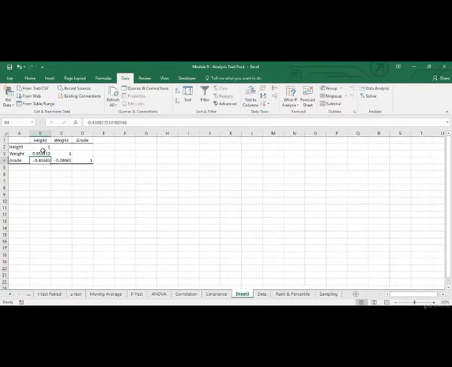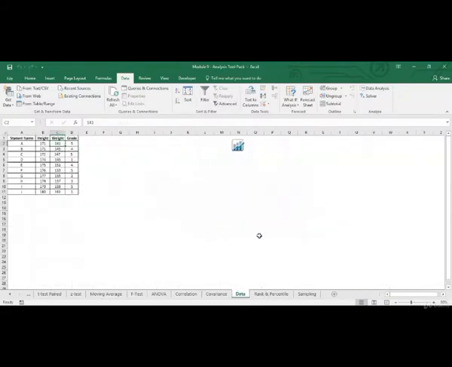Now another correlation over here is between height and grade, which is a negative correlation. So what we are seeing is that with an increase in height, the grade is decreasing. Looking at weight and grade, we see a negative correlation again, but it's not as strong as what we had for height and grade over here. Now let me delete this and then we'll move on to the next option.